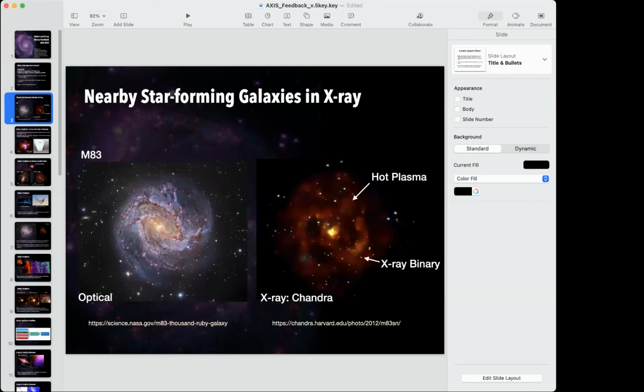Normally, in non-AGN star-forming galaxies, X-ray emission is dominated by hot gas and X-ray binaries. Here is the optical and X-ray image of the nearby star-forming galaxy M83. The right figure is the Chandra image of this galaxy, one of the best and deepest X-ray data among the nearby galaxies. And you can see that hot gas exhibits some of the spiral-like features that can be seen in the optical image tracing H II regions that appear in the red